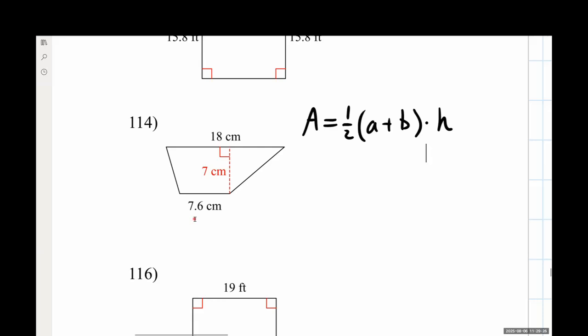I'm then looking for the height of this thing, or looking for that giveaway right angle. I'm noticing, okay, have that right there. So this vertical line here is going to denote the height of this trapezoid. So I'm going to have a height of 7. Let me do this in pink here. There we go. I have my height, and then the 2 end things that it's touching are going to be my 2 bases. So I can plug those into my equation and then solve for the answer from there.